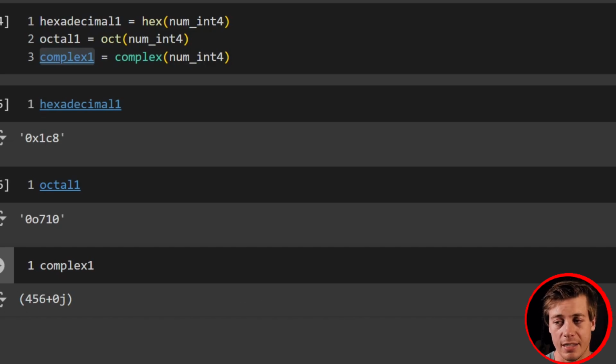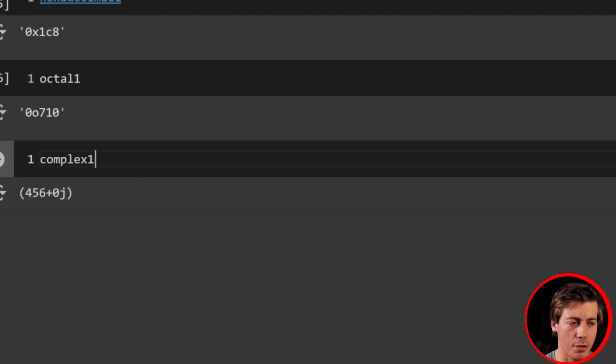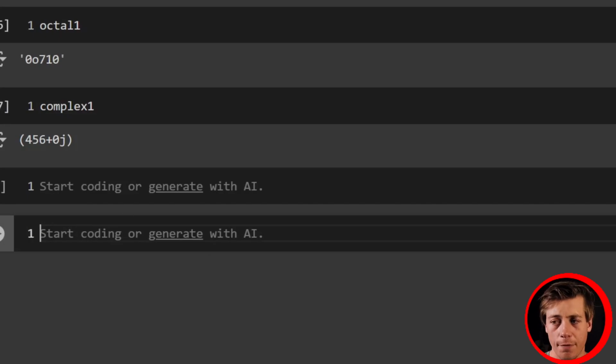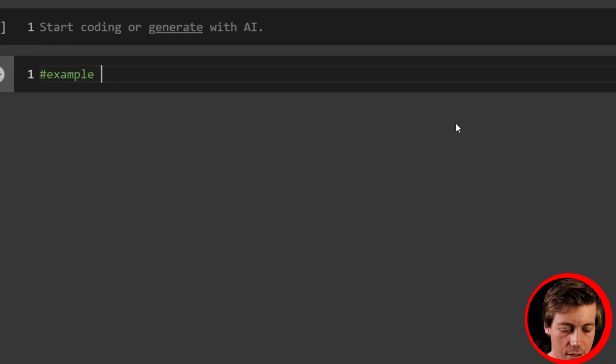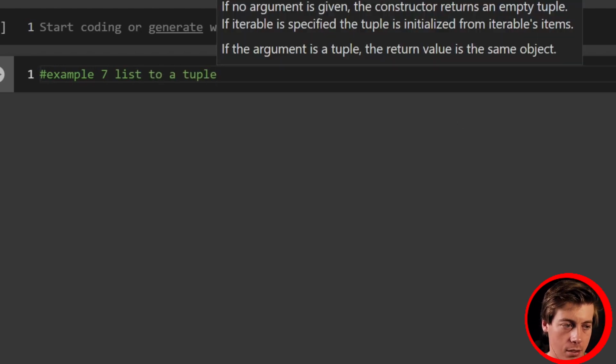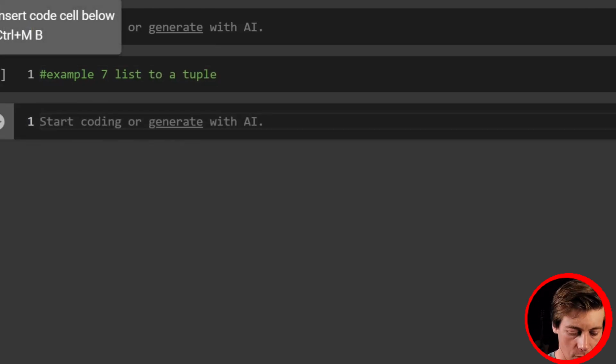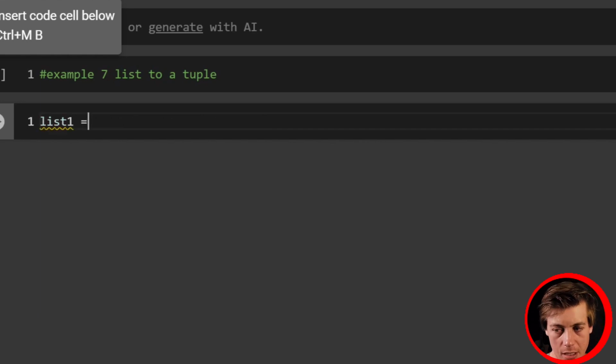So, all right, let's take a look at converting some other data types. All right, so let's start off then with list. So what we're going to do for example 7 is we're going to convert a list to a tuple. And it's going to be easy. So we'll say list1 equals, and throw in some numbers over here. Again, it does not matter for this tutorial,